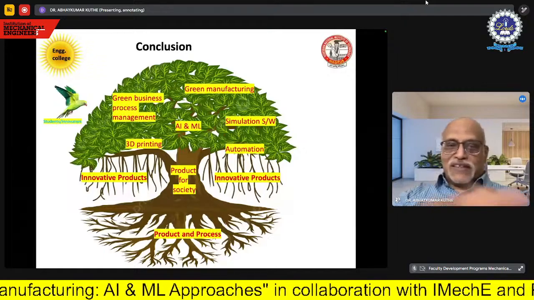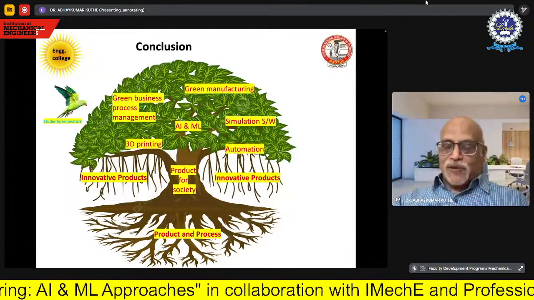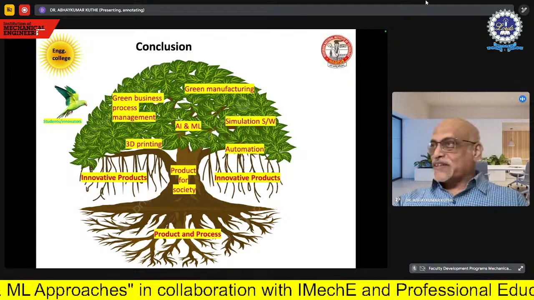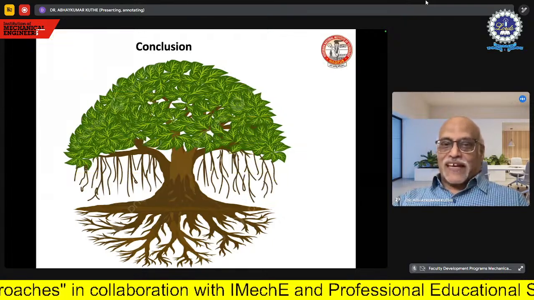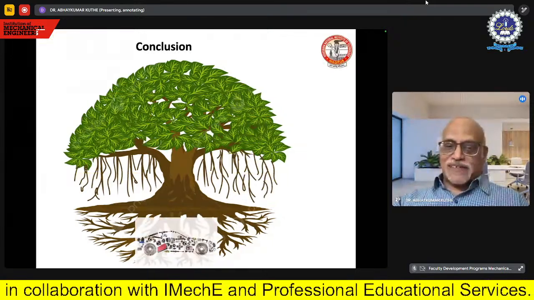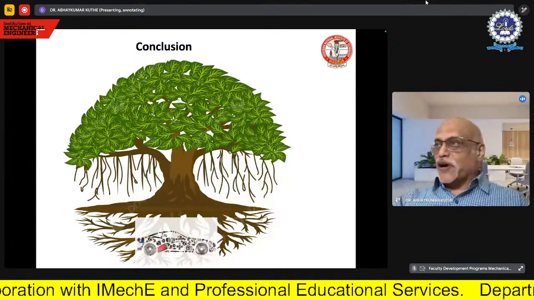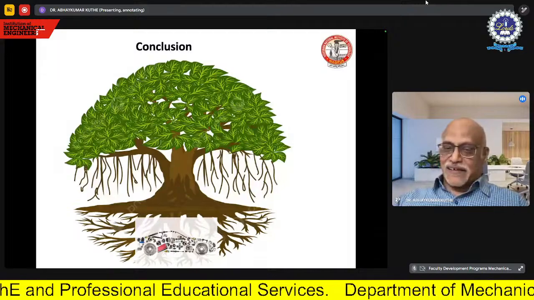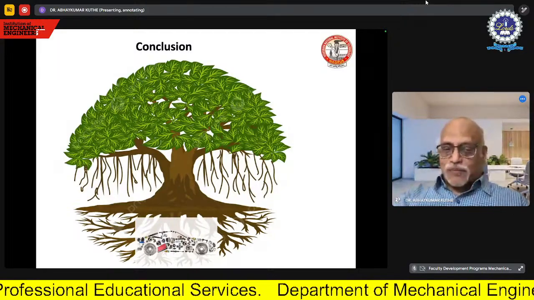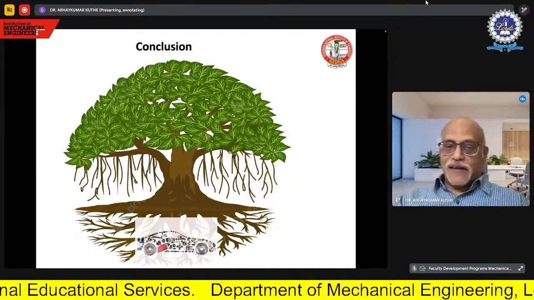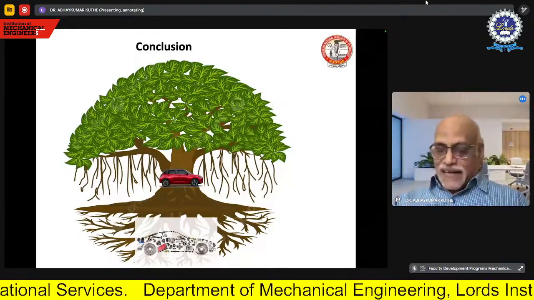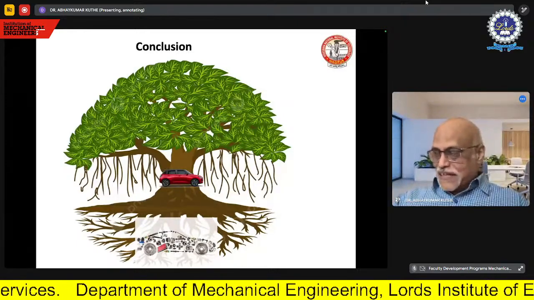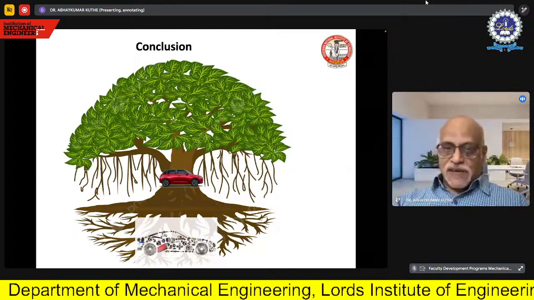Now, though everything is shown nicely here, I will be more happy if I can show you with some example. Okay, so again, the same banyan tree, but now just like here, the parts and products of the car, because of the mechanical engineering, I have just taken the car as an example, that product and processes of the car. So you make a car, and that car is in the picture. Okay, that is in the society.